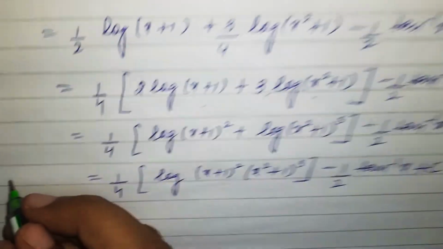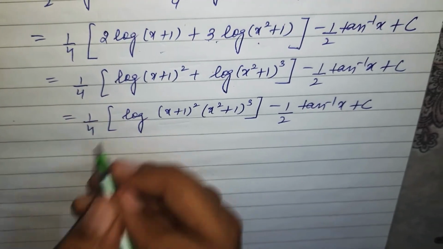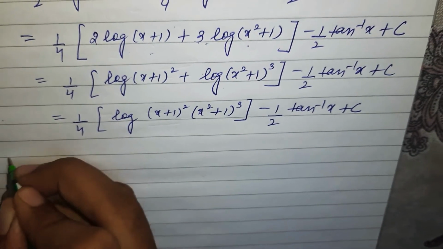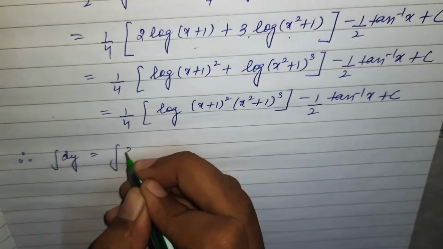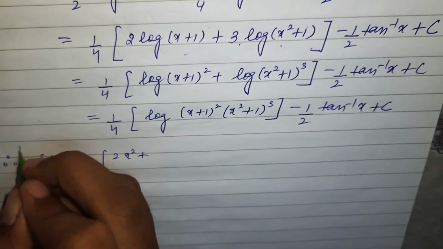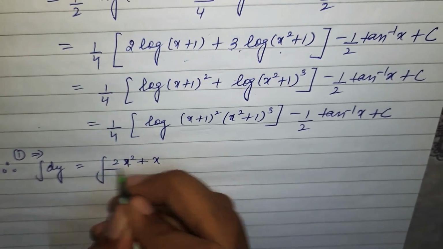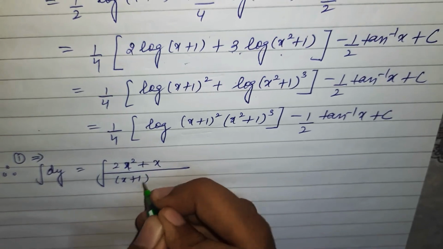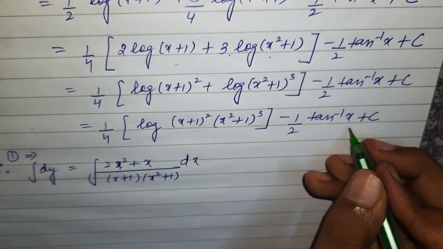So if I talk about the left hand side, integration will be what? This is your right hand side. So therefore integral dy and integral 2x, 1 implies. This was the previous thing, equation number 1. So for the right hand side I have already taken everything. This is the final answer.